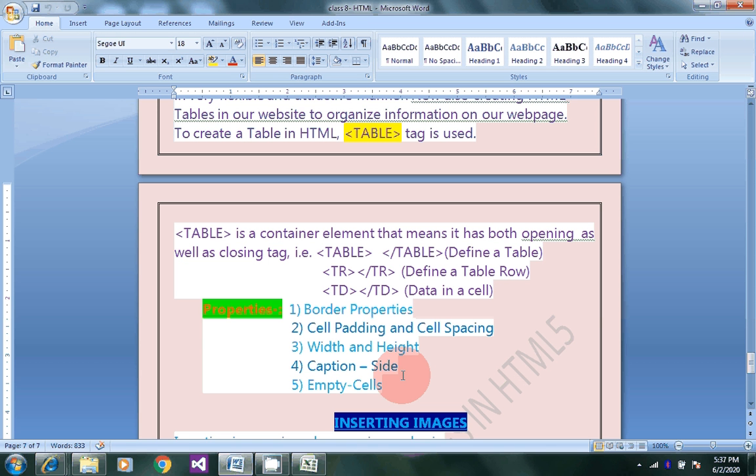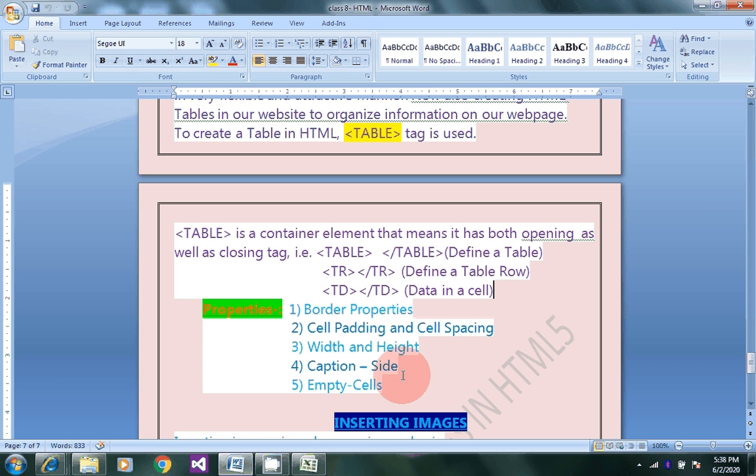So the syntax is given in your book, so we are not discussing the syntax here. Next is the width and the height. You can set a table with width and height using width and height attributes. Syntax is height value, width value, and you can give the value in pixels, in centimeter, in percentage.